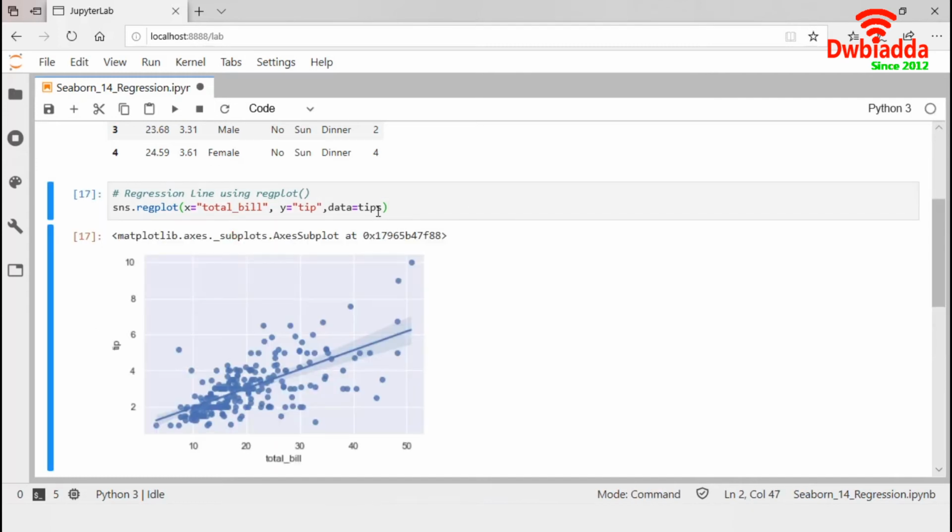X and Y parameters are specified to provide values for X and Y axes. sns.set_style is used to have a grid in the background instead of a default white background. The data parameter is used to specify the data source. It generates a regression line with 95% confidence interval for that regression.